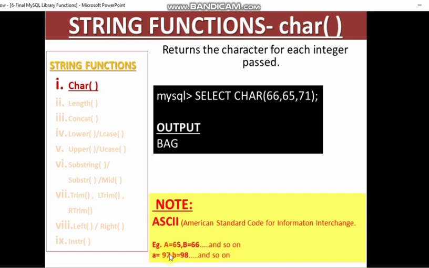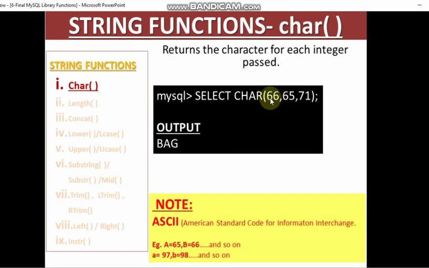And small a is 97, small b is 98, small c is 99 and so on. It's better if you remember the value for capital A and small a, so that you can get the answer easily. The other symbols also have ASCII codes. We are not going into the details of that.